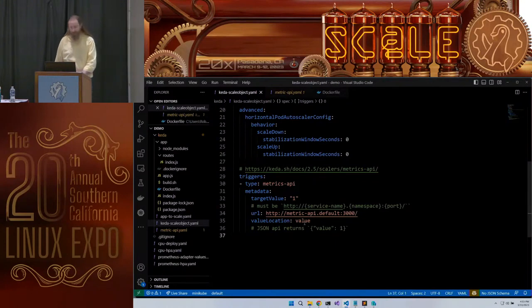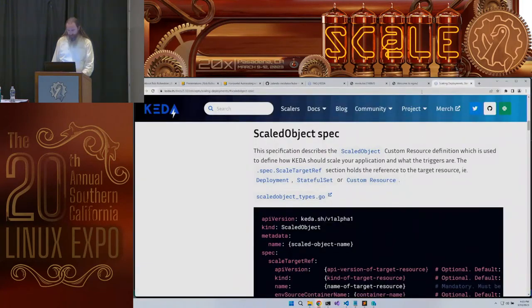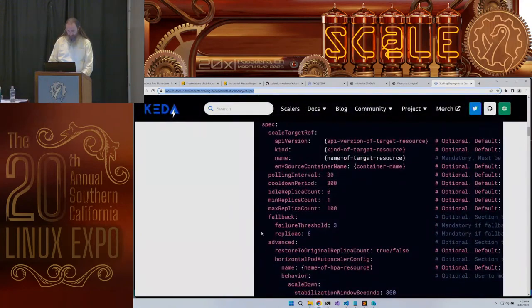Yeah, one of the things that I didn't configure here that is really cool is I can specify limits around step length. How many do I want to jump at a time?